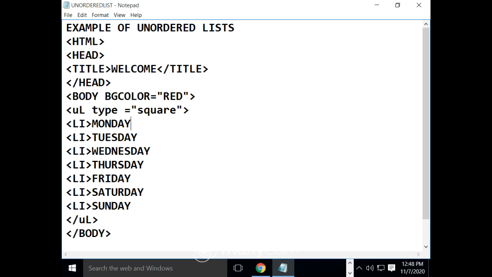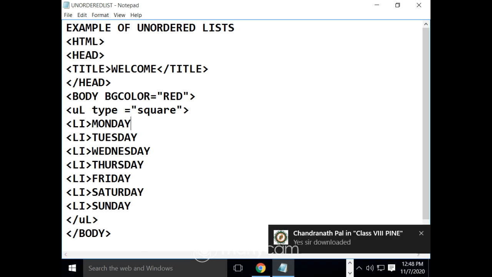Clear? And in your e-portal, chapter number 4, chapter number 5 and chapter number 6 questions and answers are there. Kindly download it from the assignment section of your e-portal. Clear? There is one PDF there, please download it. Chapter 4, 5 and 6 questions and answers are there. Please download it and write it down in your copy.